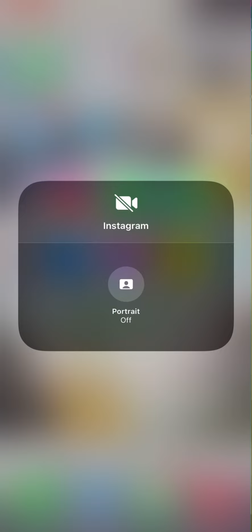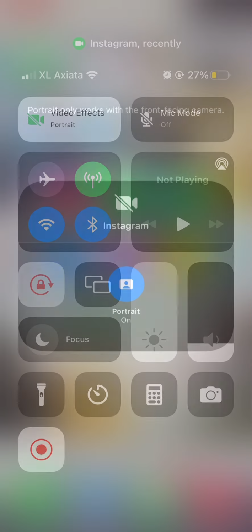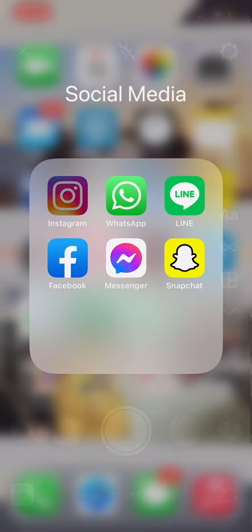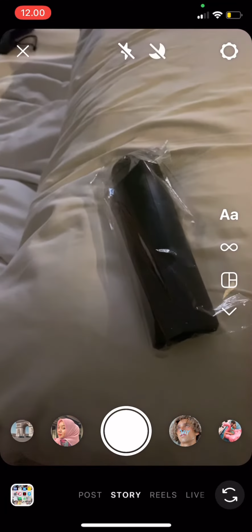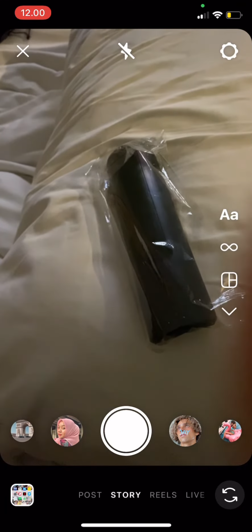So once portrait effect is on, you just have to go back to Instagram and the effect will